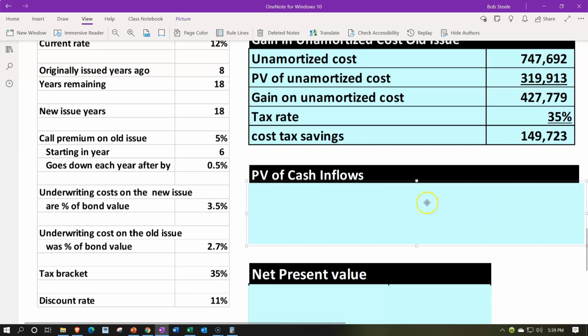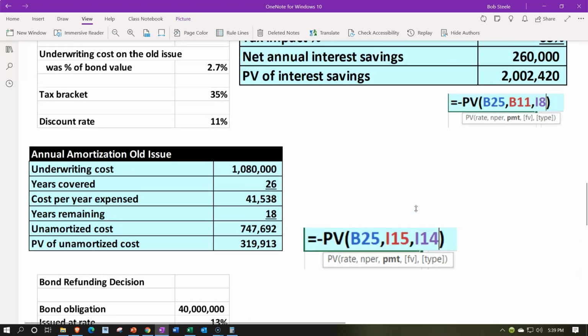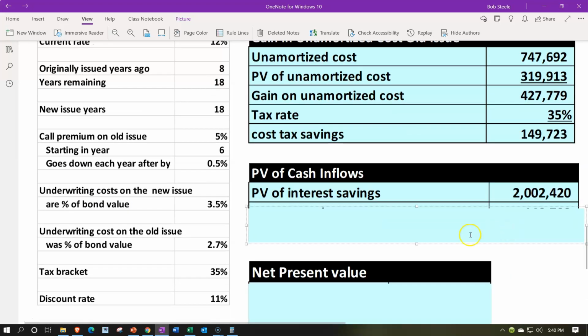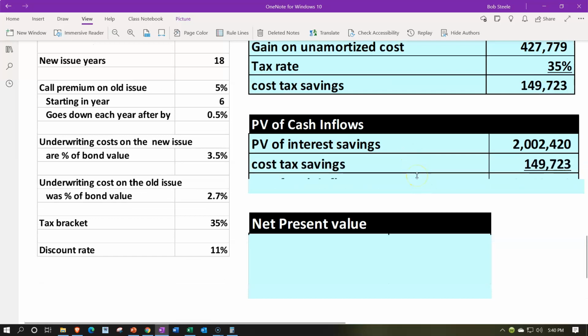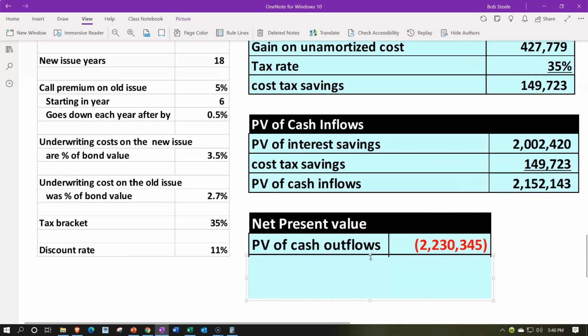So then we can look at the present value of the cash inflows, which we're going to say are the present value of the interest savings, which we calculated at the $2,204,420. So there we have that. And then we have the cost tax savings, which we just did, the $149,723. Adding those up, we get the $2,152,143. So the net present value calculation, then we got the present value of the cash outflows, the negative